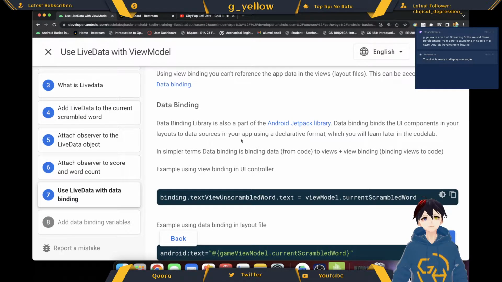The data binding library is also a part of the Android Jetpack library. Data binding binds the components in your layout to data sources in your app using a declarative format. You should learn this later in the codelab. In simple terms, data binding is binding data from code to views, plus view binding. Examples using new